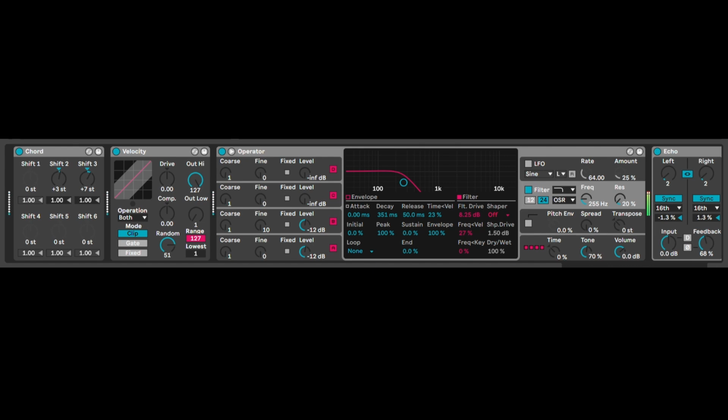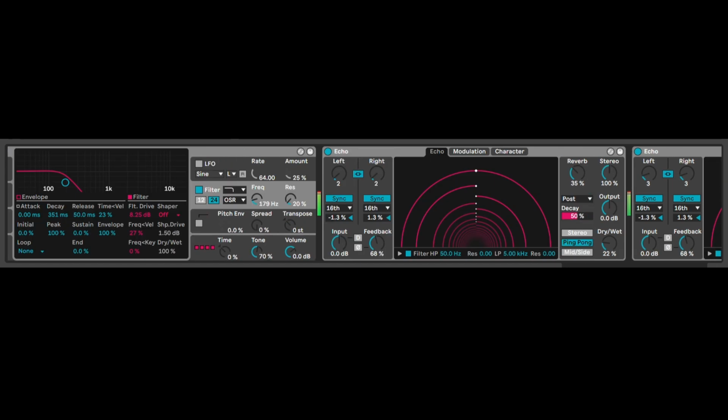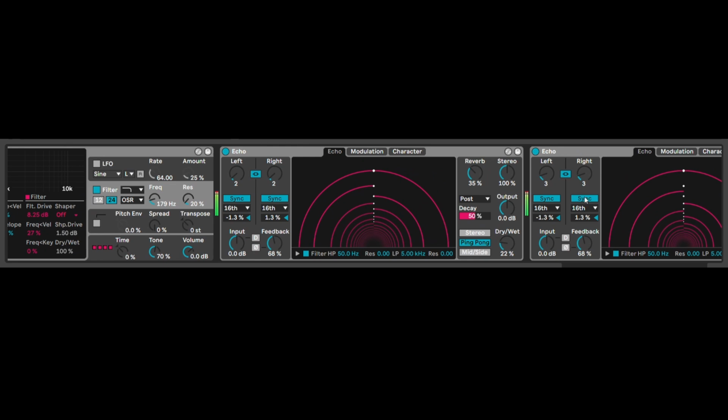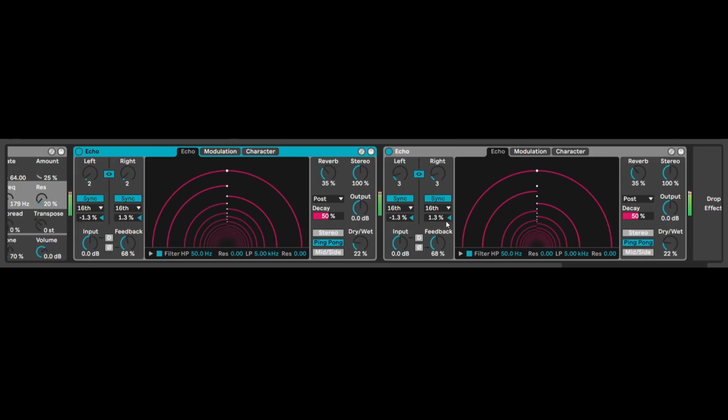Yeah, that's quite cool. I'll turn the filter down. Yeah, see, that's quite cool. So yeah, so it's now going through a long effects chain. Basically, it's a really wide stereo one, and I'm going to, between these two echo units, I'm going to